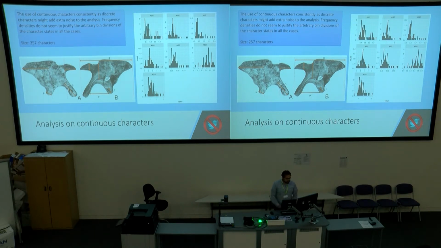For the continuous characters, I had to get rid of most of them from the phylogeny because it needs to be assessed whether the character is valid or not. And in here you're seeing that I have 257 characters that are continuous, and they are discretized, which is you choose which values are 0 and which values are 1. And if you use frequency densities, it is really difficult to justify those divisions in some cases.